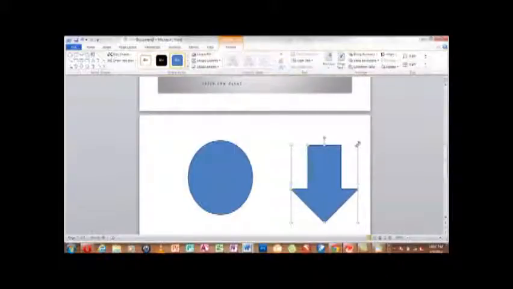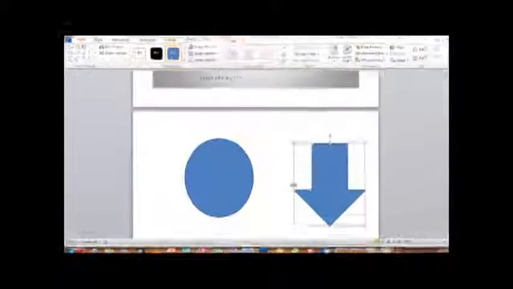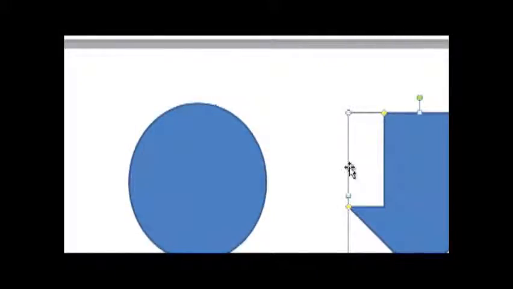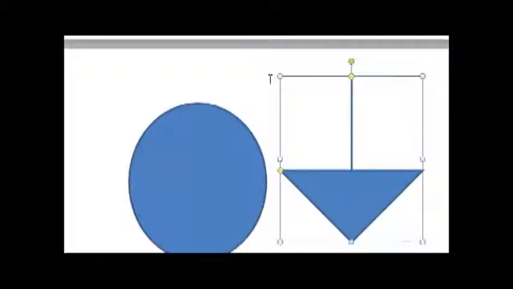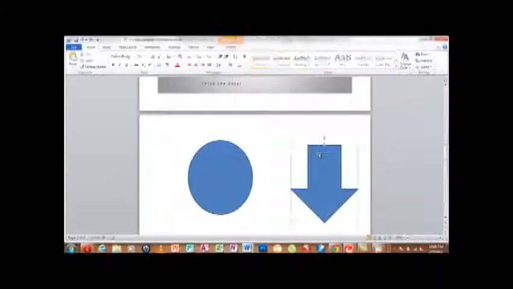Once you see, you have to move your mouse to the corner where you see these corners. These corners tell you that once you see those arrows, that means you can adjust the size. If you don't see the arrows, that means all you can do is move this around. If you see multi-directional arrows, that means all you can do is move it around. So you just right click